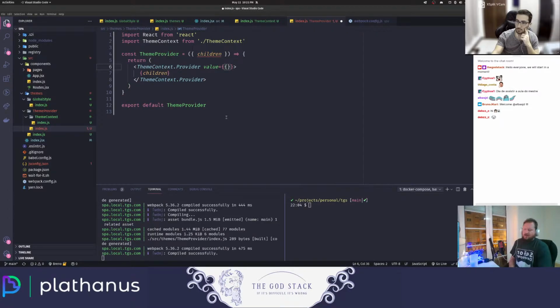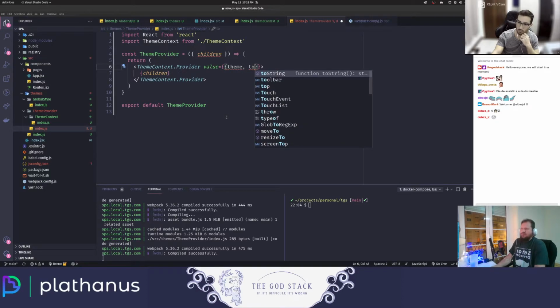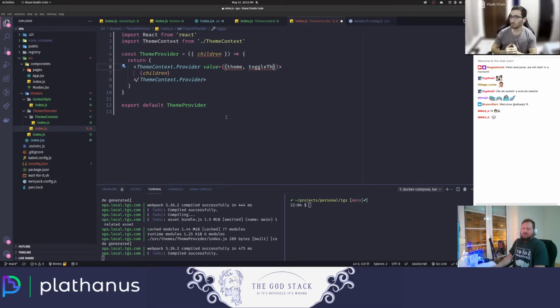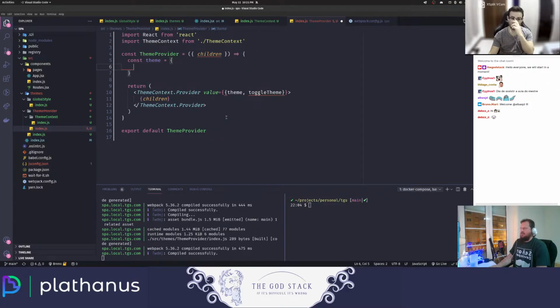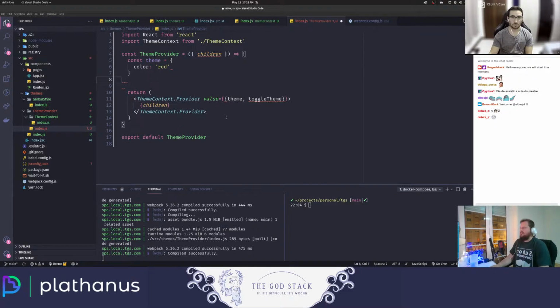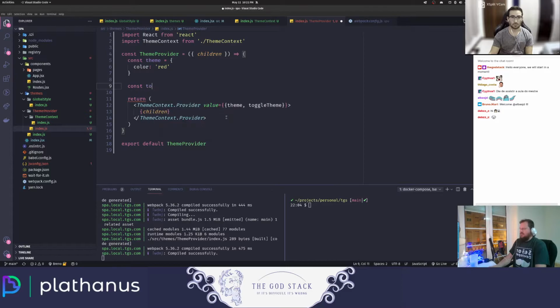So what I want to do here is to pass an object, and I want the theme and some function to toggle my theme, okay? So let's call it theme and toggleTheme, okay? And now, of course, I need to create it, const theme. It's going to be just like that. Let's just call it color, it's going to be red. Let's just do that, okay? And let's create another function called toggleTheme. Let's just copy this, toggleTheme,